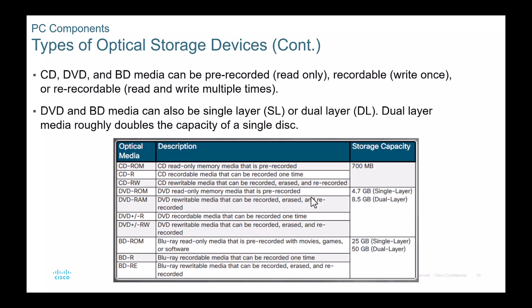If you are studying for your A+, I would make sure you know this chart. You should know that CD-ROMs were 700 megabytes. You should know that DVDs were 4.7 gigs unless they were dual layer, and you would just double that number. And then Blu-rays start at 25 gigs. You definitely are going to have to know that for not only a test in here, but for your A+.